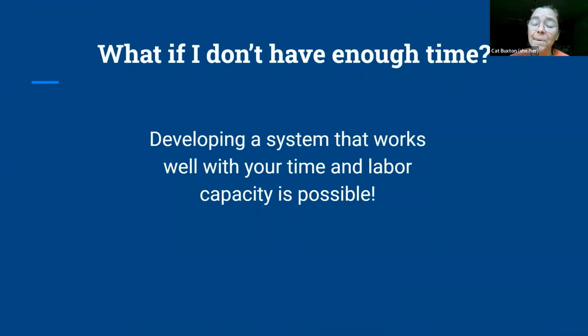And it takes time to develop that system and that relationship to your living organism compost pile to figure out what its needs are balanced with what your needs are. The good news is that composting is pretty forgiving. Even when you mess up a pile, you can start over with those same materials and correct it. So it's possible to balance time and labor, and we're hoping that you'll ask more questions about that so that we can help you figure out ideas to do that.